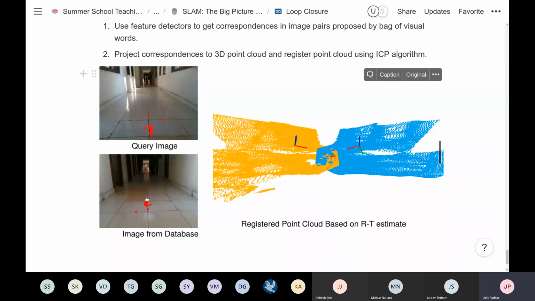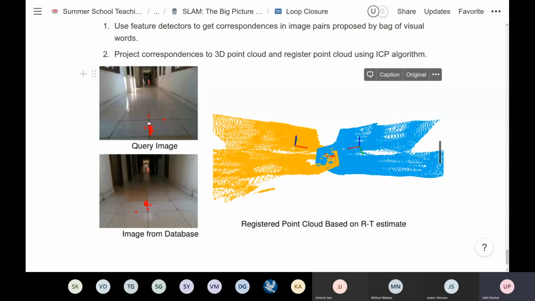Then if you project those correspondences into 3D, you can do ICP. As Shubodh has mentioned, there are two ICP variants: ICP with correspondences, where correspondences are known, and ICP where you don't know the correspondences and you want to calculate them. Here I use the normal SURF algorithm to get the feature vectors to match the correspondences, but